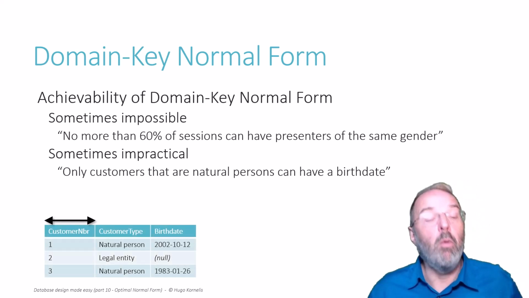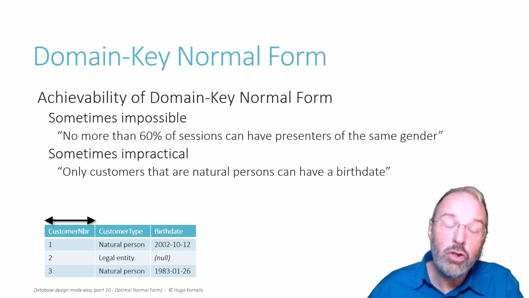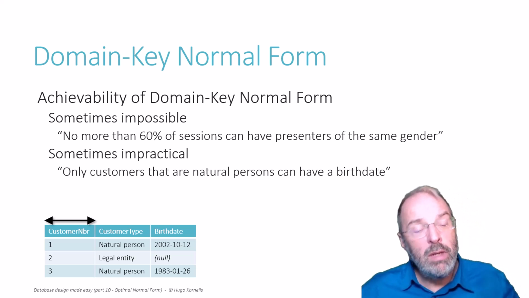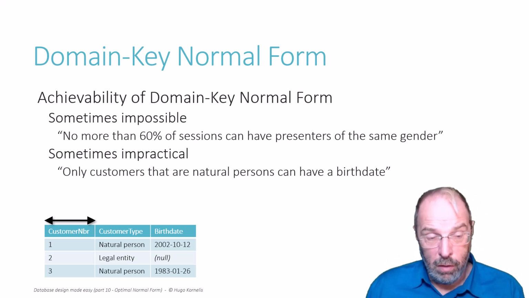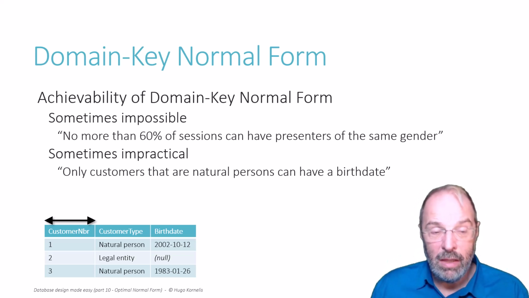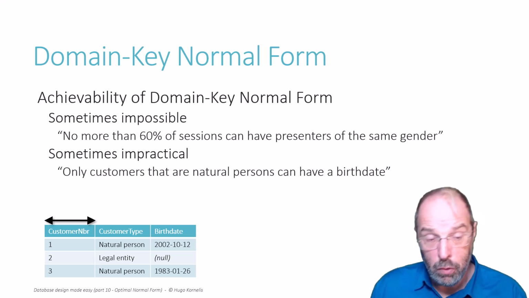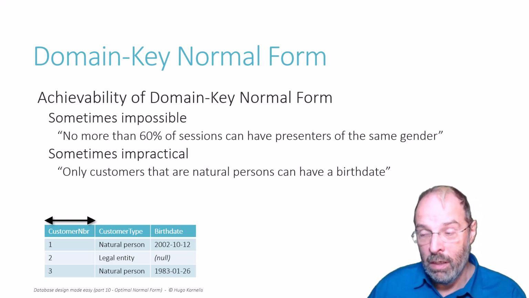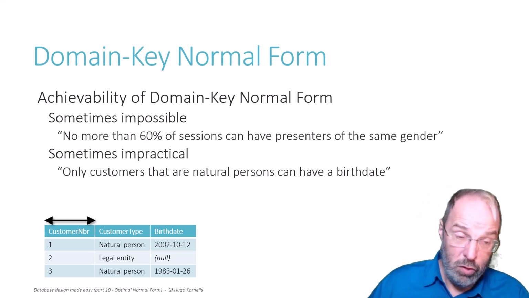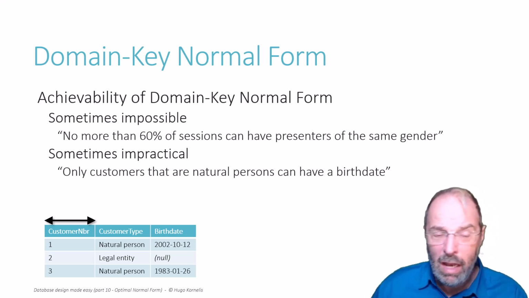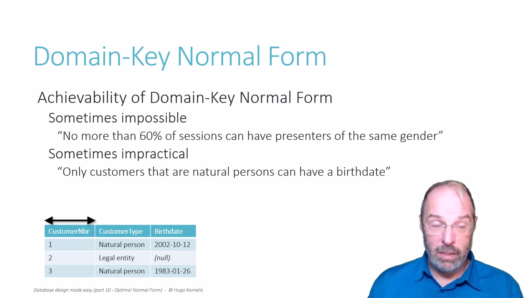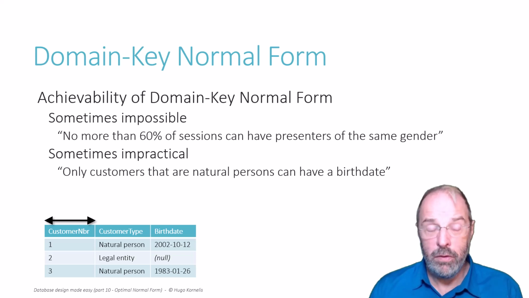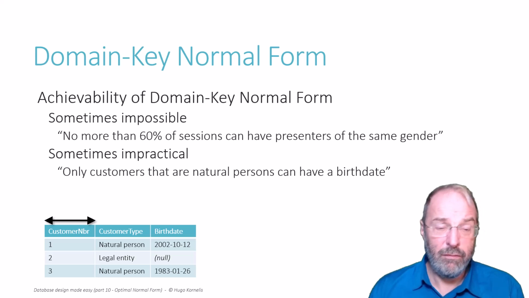Of course, there would be way more columns in the real system. I'm just showing the relevant columns here. So we have a table of customers with a customer number column that is the candidate key, and then we have the customer type, natural person or legal entity. That would be a check constraint to enforce that only those two customer types are allowed, and then the birth date, and as you see, it is null for the legal entity to comply with the business rule. But we can't enforce that.